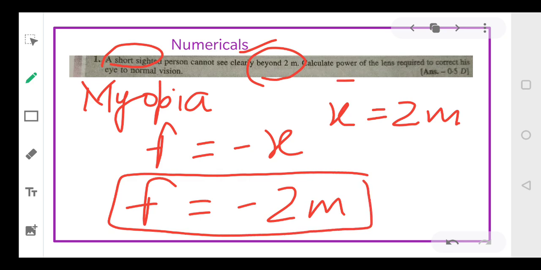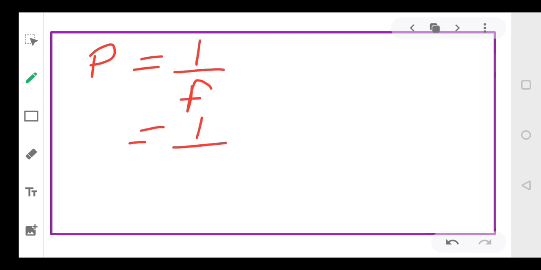Now what are we supposed to calculate? We are supposed to calculate the power. Okay everyone? Now what is the formula of power? Power is equal to 1 upon F. F we know already. F is equal to minus 2 meters. So P is equal to 1 upon F, that is equal to 1 upon minus 2. So P will be equal to